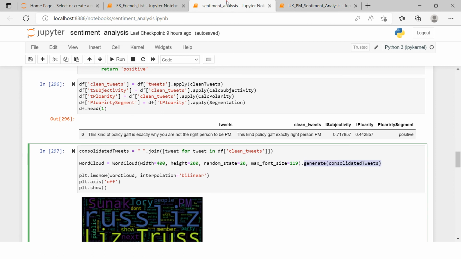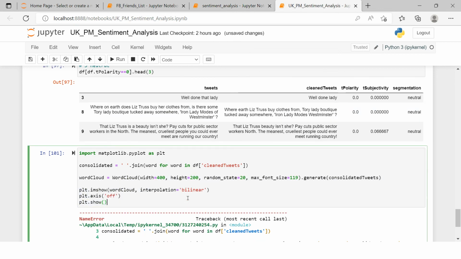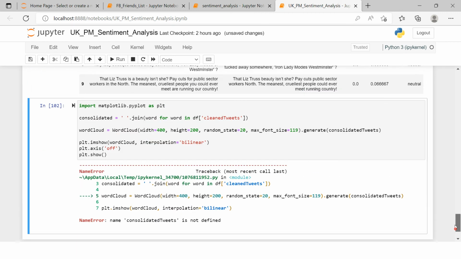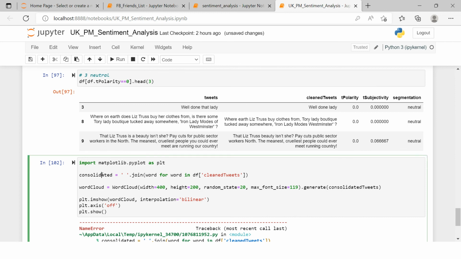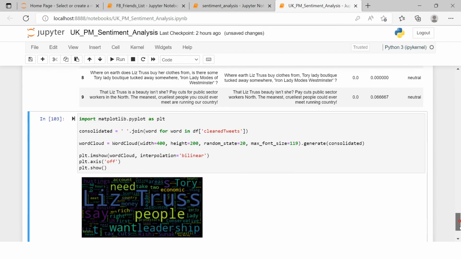Again there is a, okay, let's keep it simple, and I'll just copy paste this from here all the way over here. Let's try. Still the problem. What is the issue? Consolidated tweets is not defined. So instead of consolidated tweets, I'll just use this. Alright, so it should produce the text block.